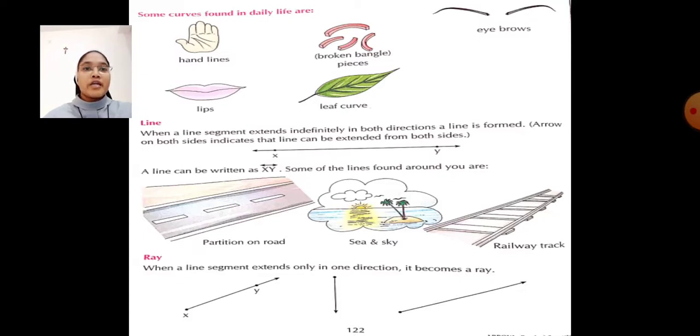Dear students, here you can see one side a point is there, a full stop is there, and on the other side an arrow is given, isn't it? Which side there is an arrow, that side we can extend as much as we can. Okay, but the other side we cannot. Only the side where the arrow is given, that side we can extend. Hope you got it.